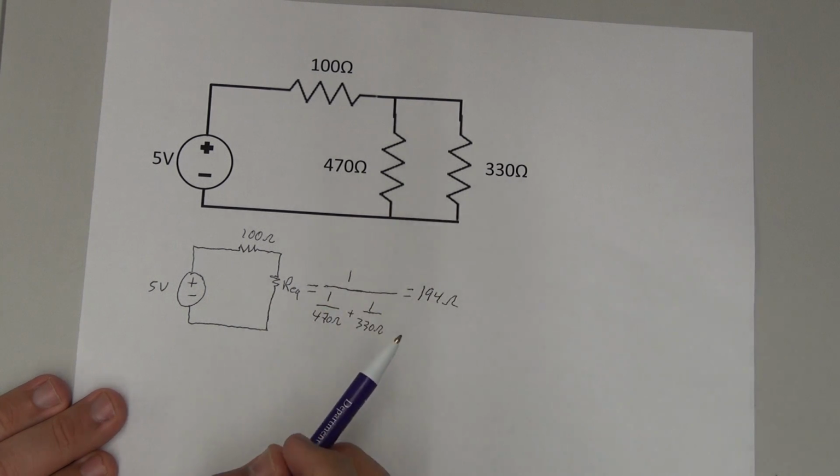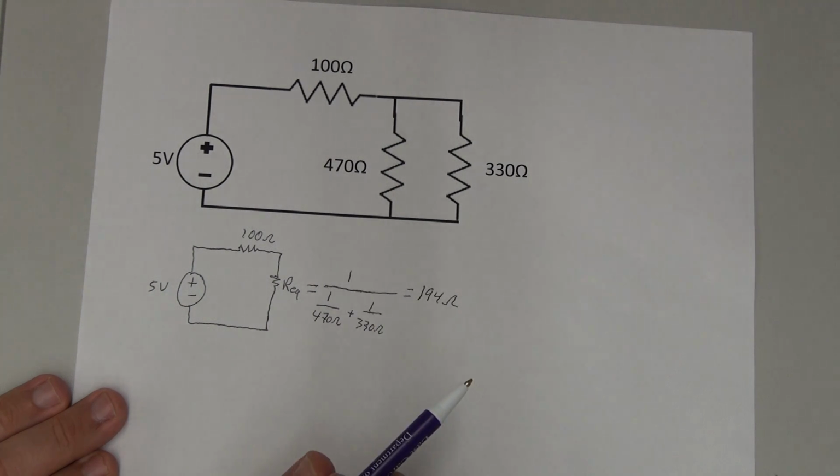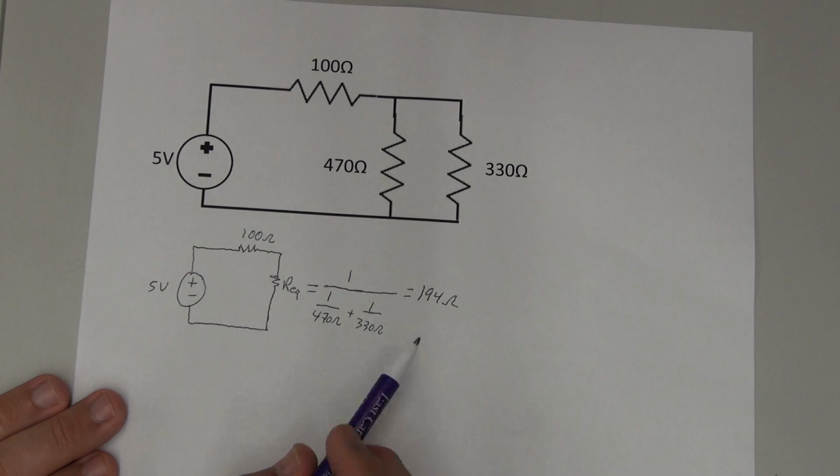So if you wanted to find one single resistor that could replace these 2 resistors in parallel, you could use a 194 ohm resistor. Now in the real world, 194 is not a standard value for resistors, so what you might use is a 200 ohm resistor. But for purposes of our complete analytical solution, we're going to leave the 194 ohms in our